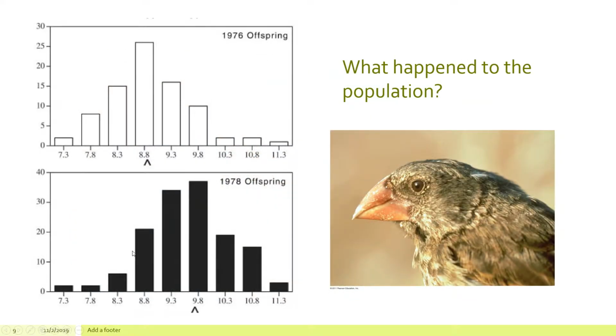So to get started, I'll give you a little background about these finches. As they talked about, there are 13 different species. They all have different variations in their beaks. And where they do this research is in the Galapagos, on a specific island called Daphne Major. Now, Daphne Major is not always pretty. There are times when it can be very pretty, but it can also be a very harsh environment.